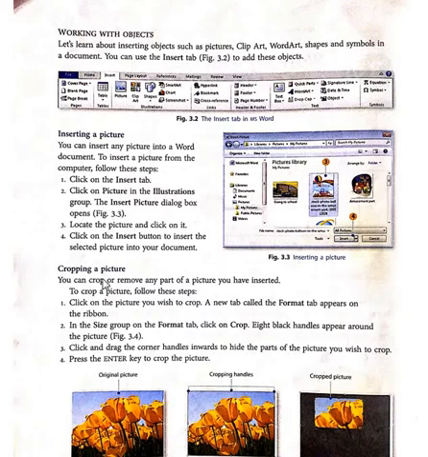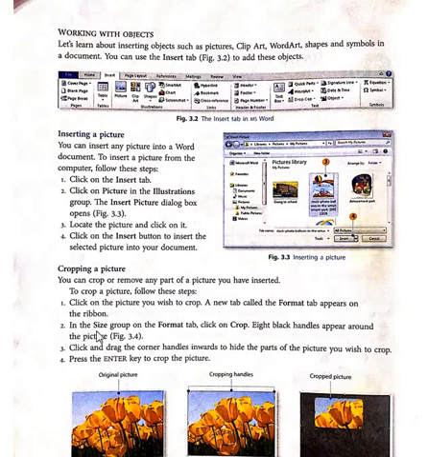Next is cropping a picture. You can crop or remove any part of a picture you have inserted. To crop a picture, follow these steps. First of all, click on the picture you wish to crop. A new tab called the Format tab appears on the ribbon.